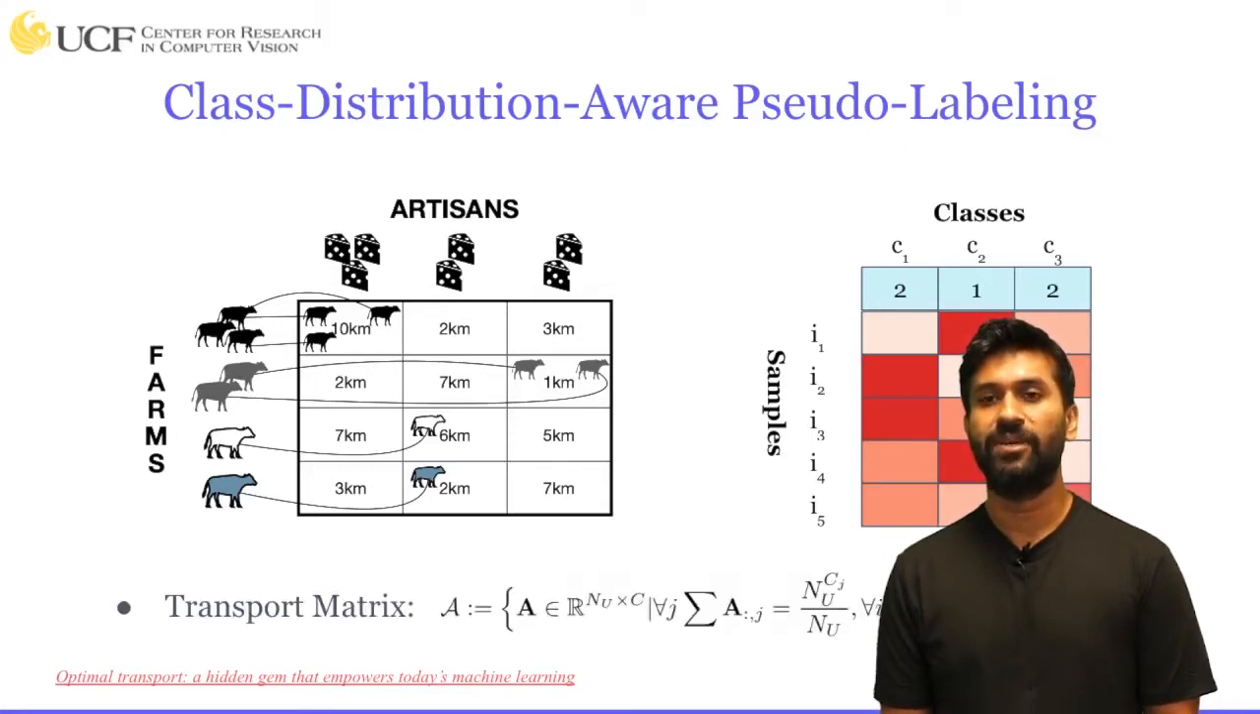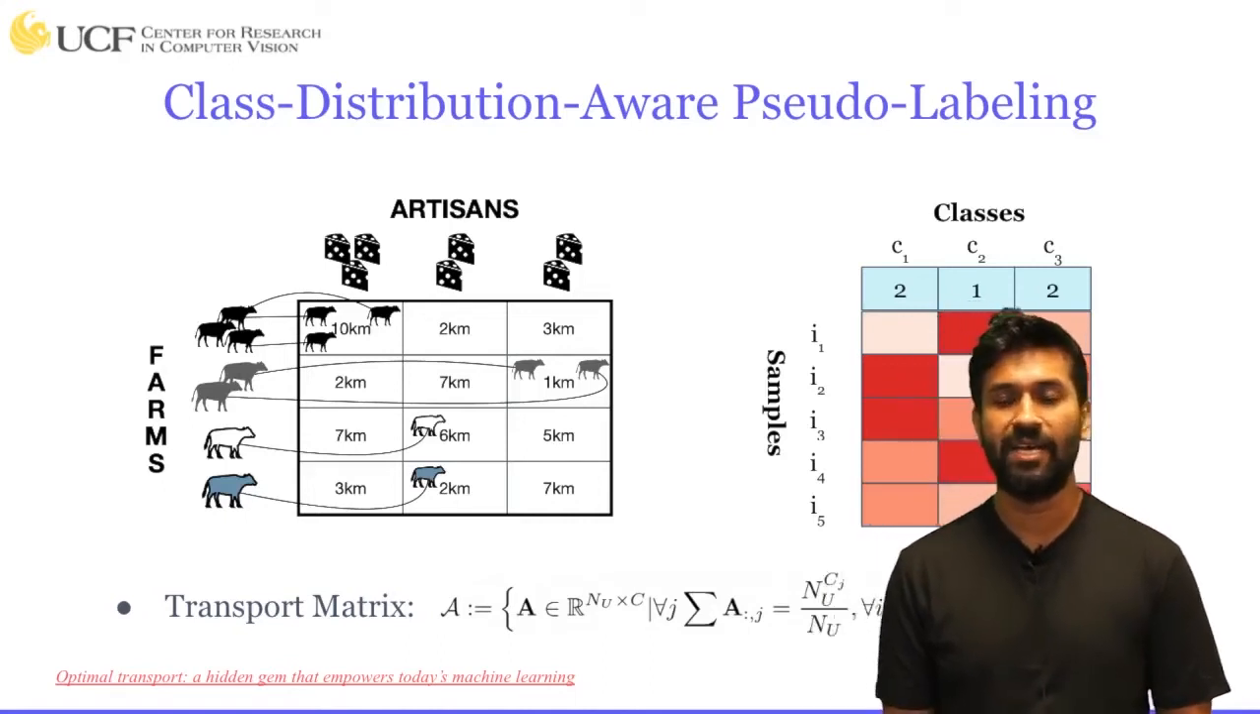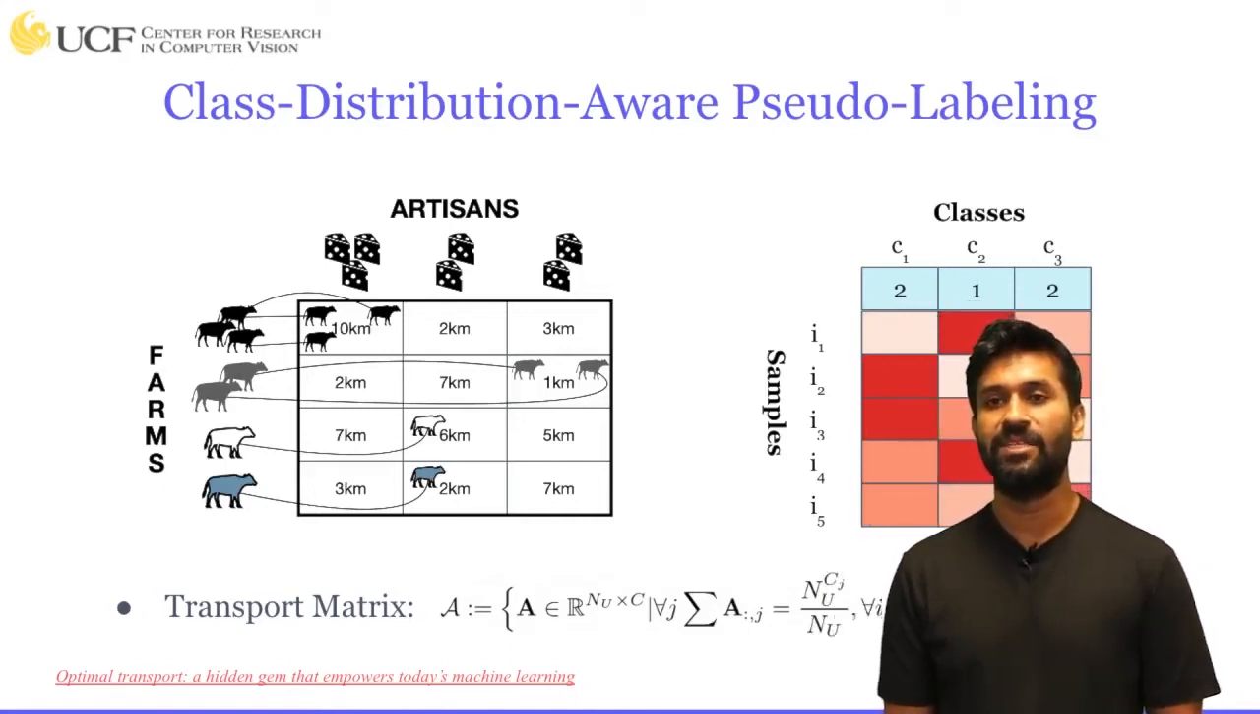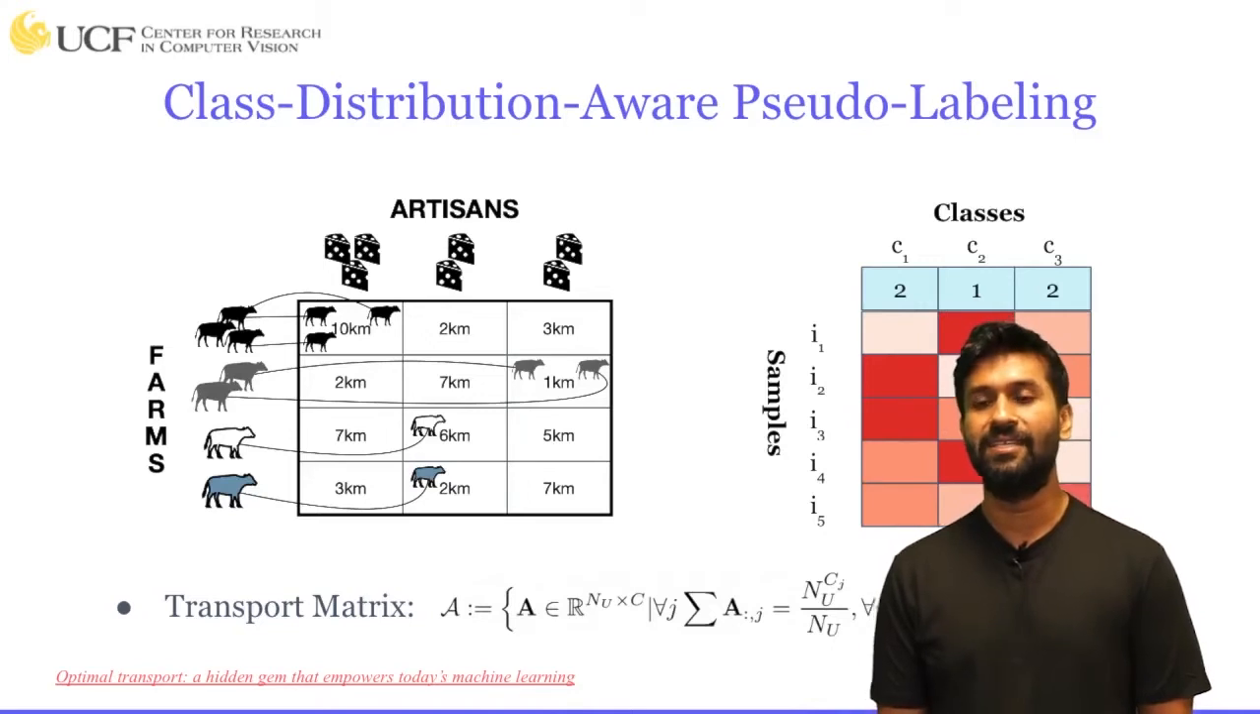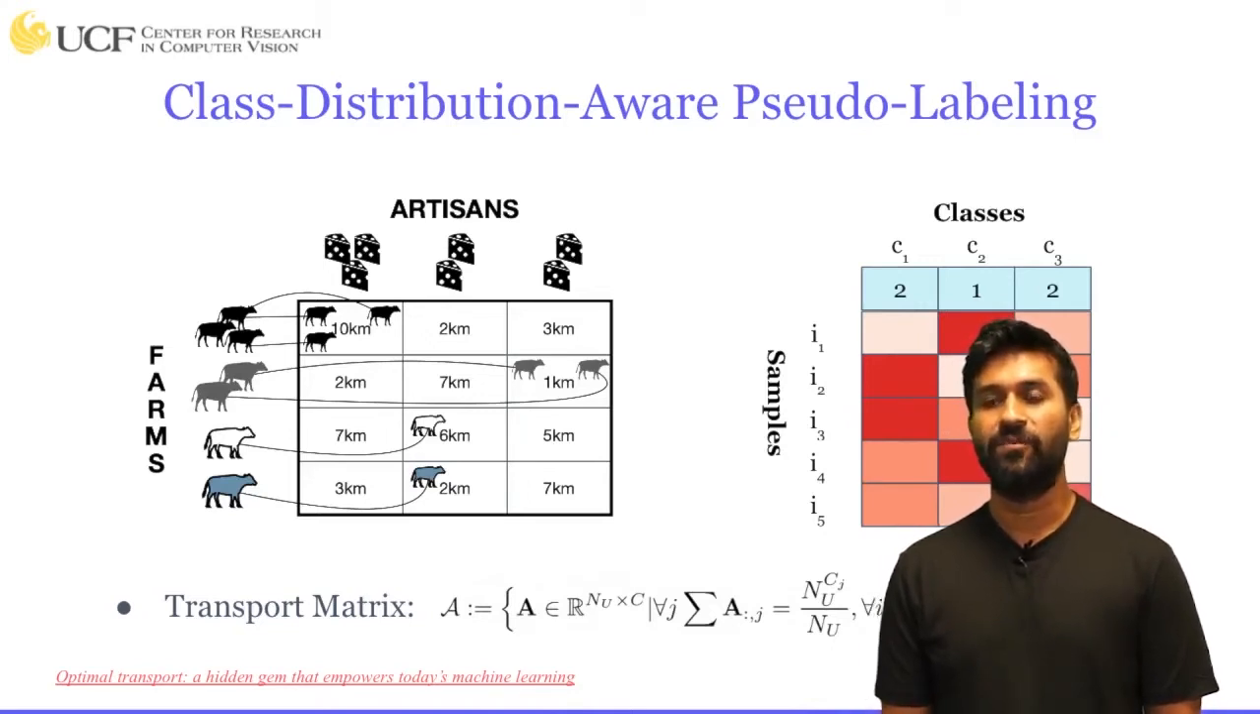So in a formal way, we can express this transportation problem by matrix. That means transport matrix A, which has to be a member of a transportation polytope, whose shape is basically the number of unlabeled samples nu and the number of classes. And if we look into the details of this transport matrix A, we can see that